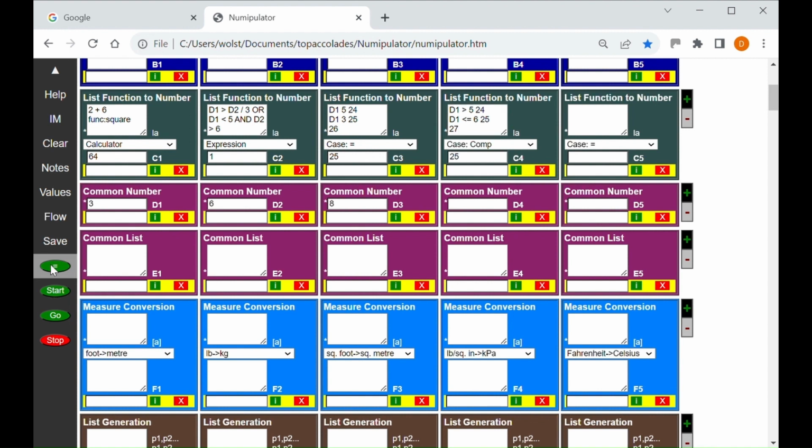And again we get the answer 25, because D1 isn't greater than 5, but it is less or equal to 6, so we get the answer 25. Case comp actually relies on having operator codes in the second position here, so where we put the greater than or the less